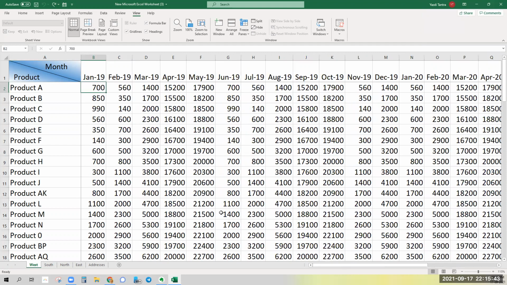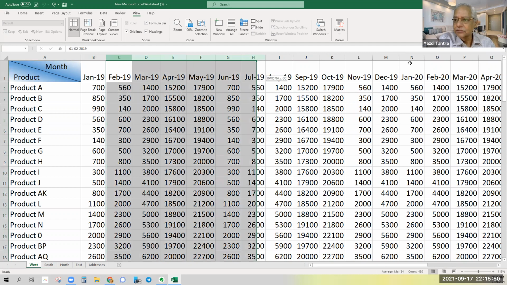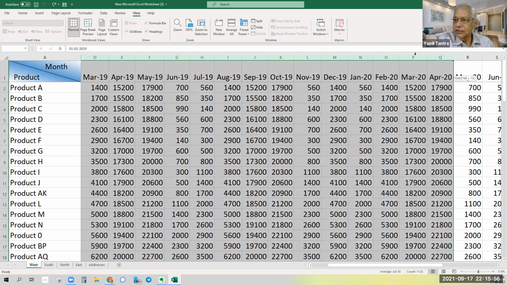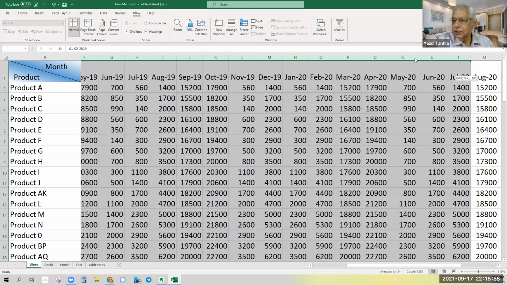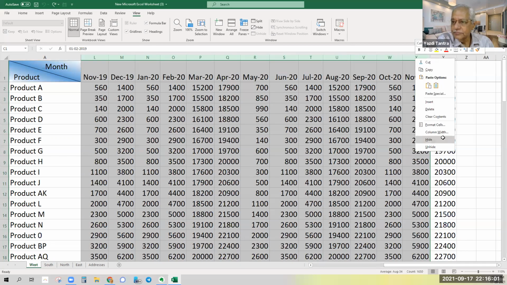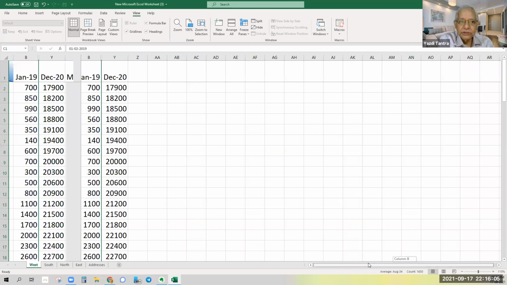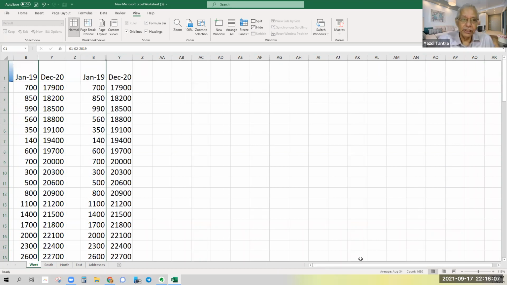So what do I do? A very simple, traditional way is to hide all these columns. I select all these columns, right click and say hide. So now I have Jan 19 and December 20 next to each other.